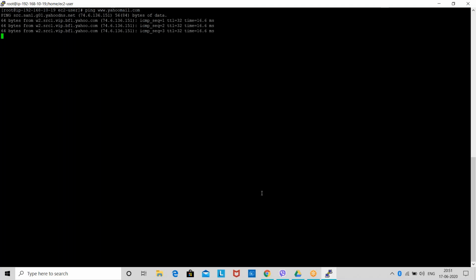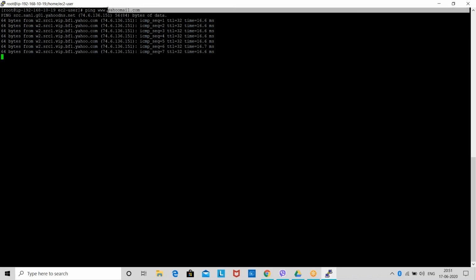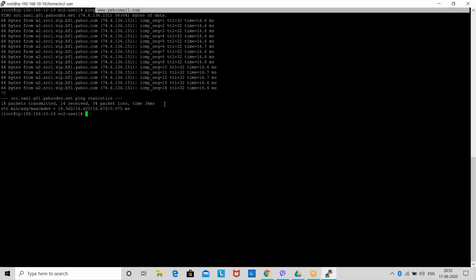You can see we are able to connect to yahoomail.com. We have also tried to connect to google.com. Now I'll show you, you can also install packages here.